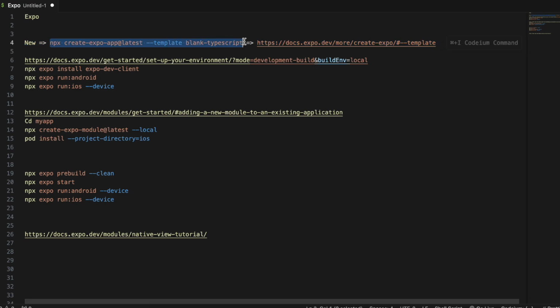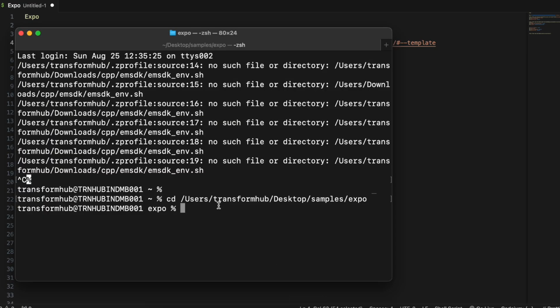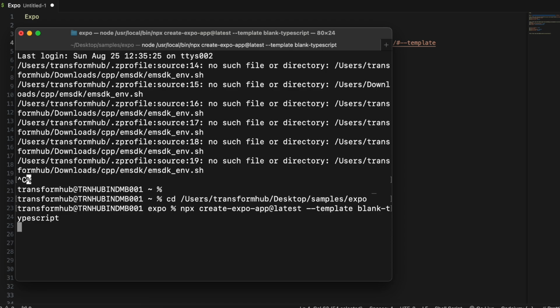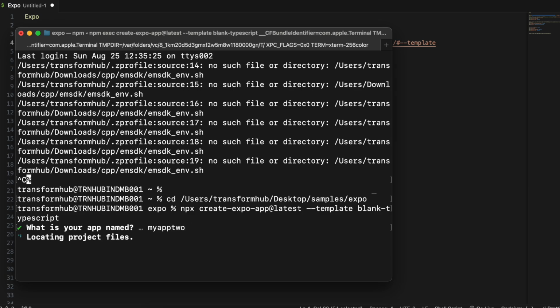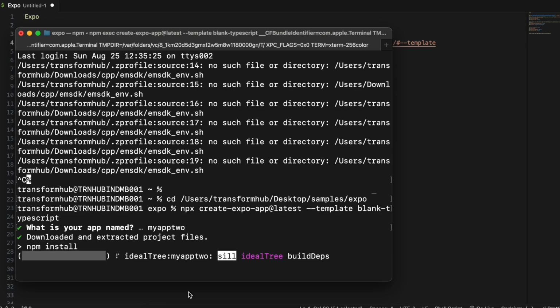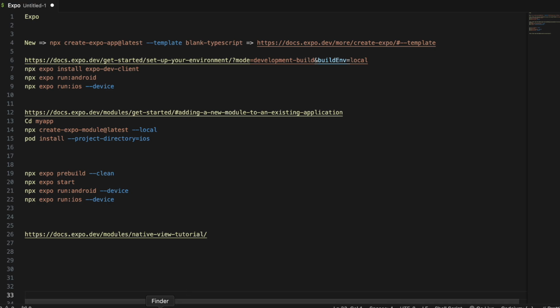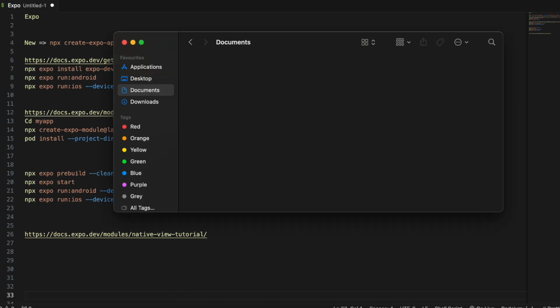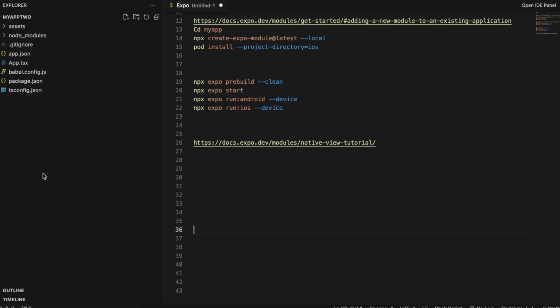So I'll just copy this and paste it over here, wherever you want to create your own project. Give it some name. I'll give it the name my app 2. Name it whatever you feel like, then it should create a project for you. Now I'll quickly open that particular project,